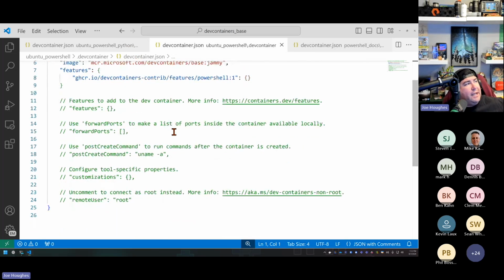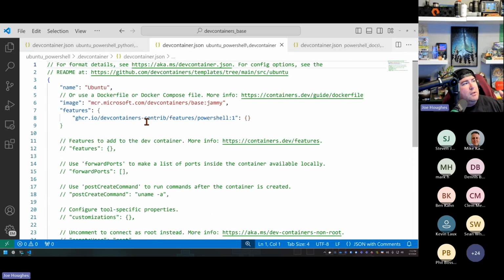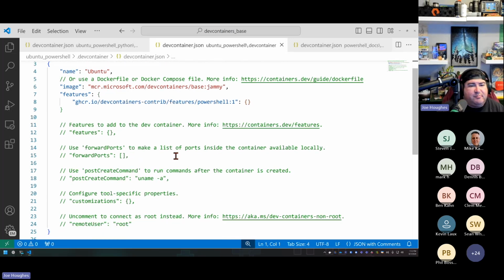But if I wanted, I could put additional features inside of each of these, if I want to have a clean PowerShell environment that automatically gets extensions, automatically gets a bunch of modules and specifies a specific version of PowerShell, that can be different on a dev container that's going to have PowerShell combined with Python, right? Or especially in instances where I'm using Python specifically for something like Ansible,